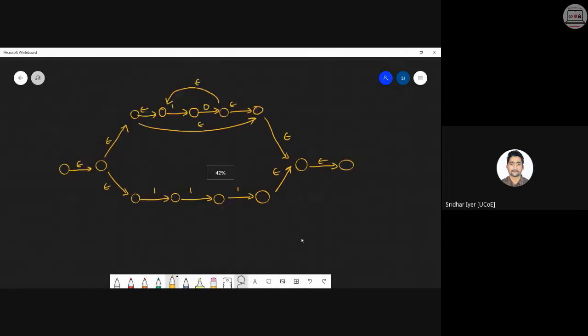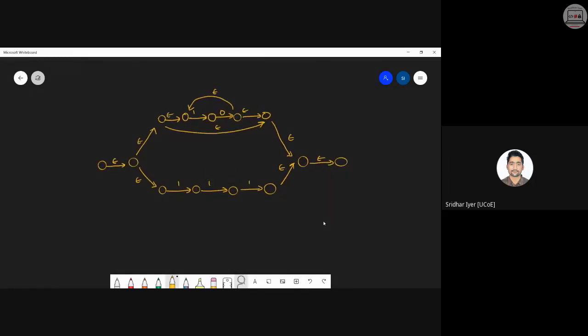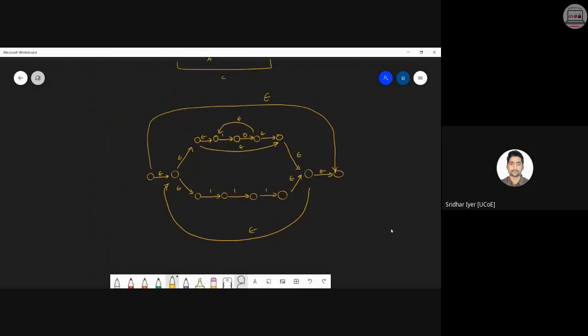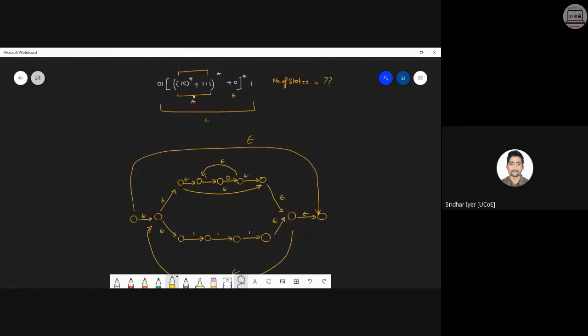Now you can take the closure easily. How? This particular term over here will be looped once, and this entire term will be looped once. Clear with this? Yes or no? Let me know. Yes, okay. So we have completed the A part. The A variable is done.